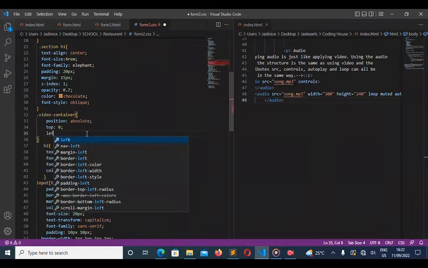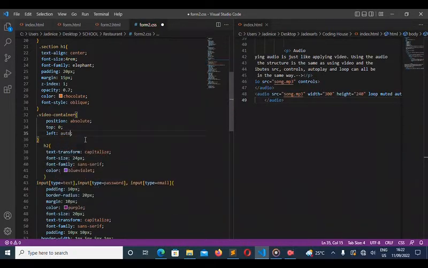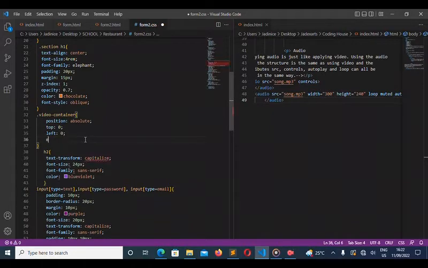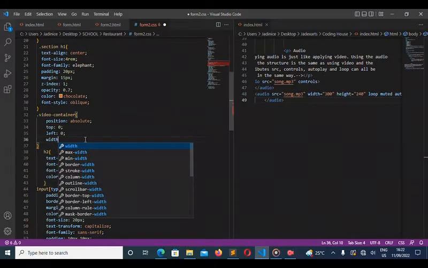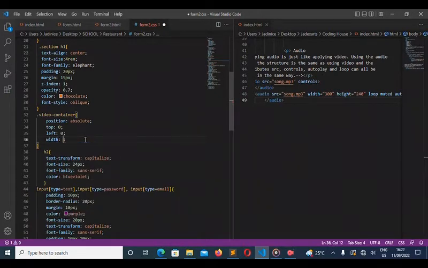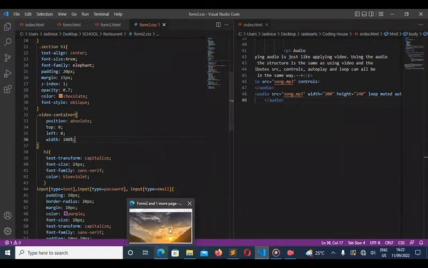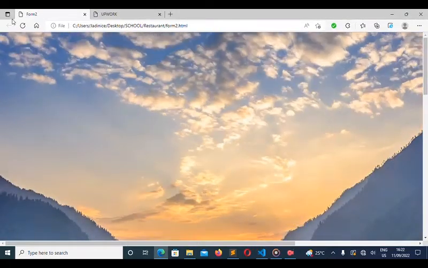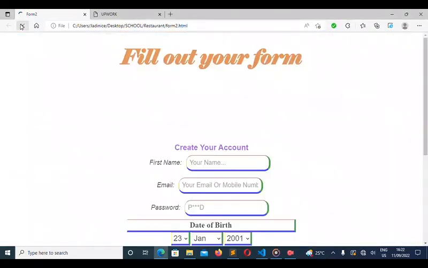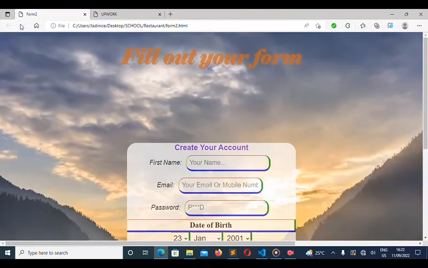The left of the page, not auto, 0. Then the width would be 100%. Save it, then we run, and there you have it.